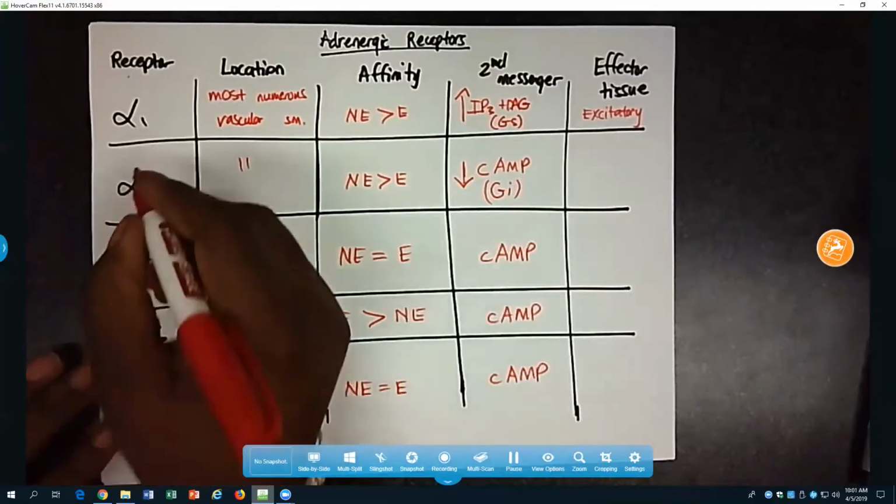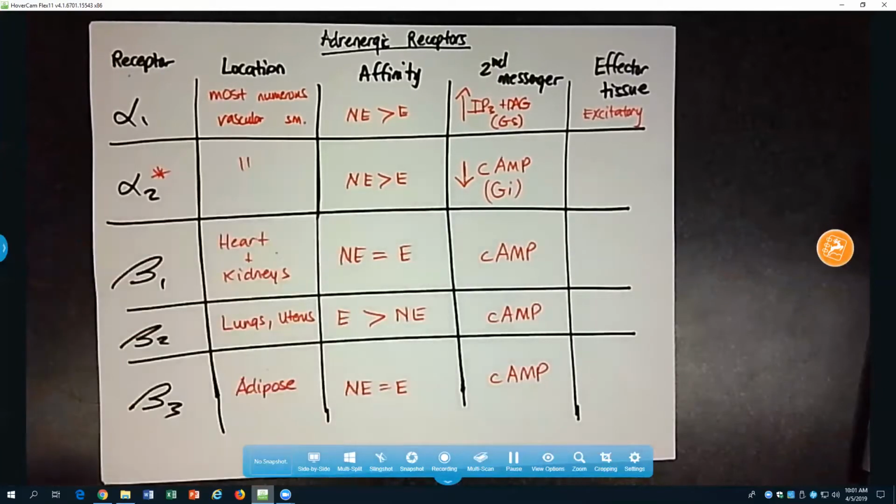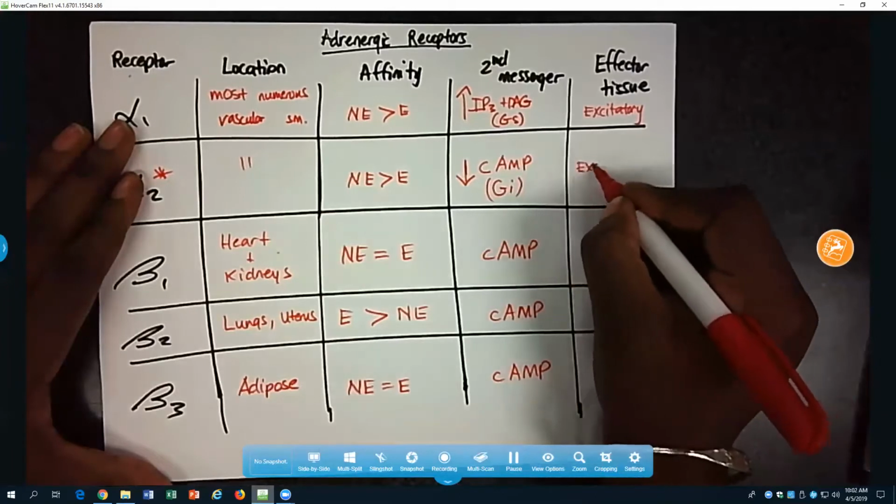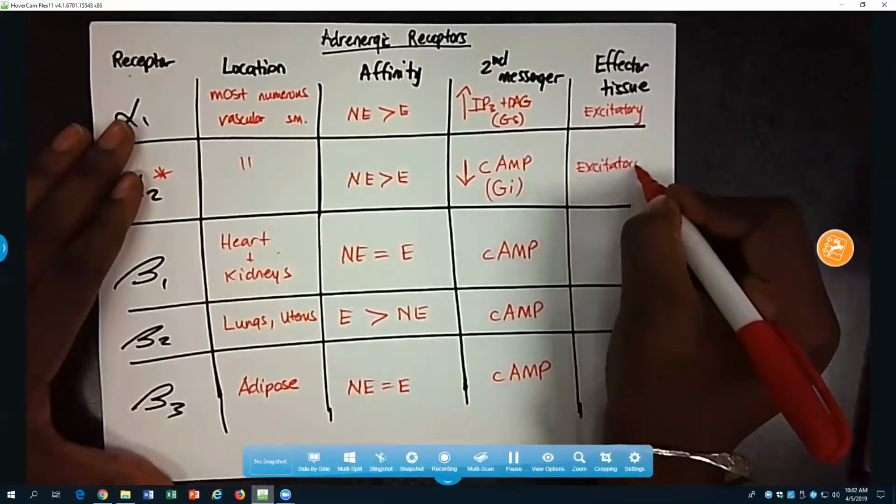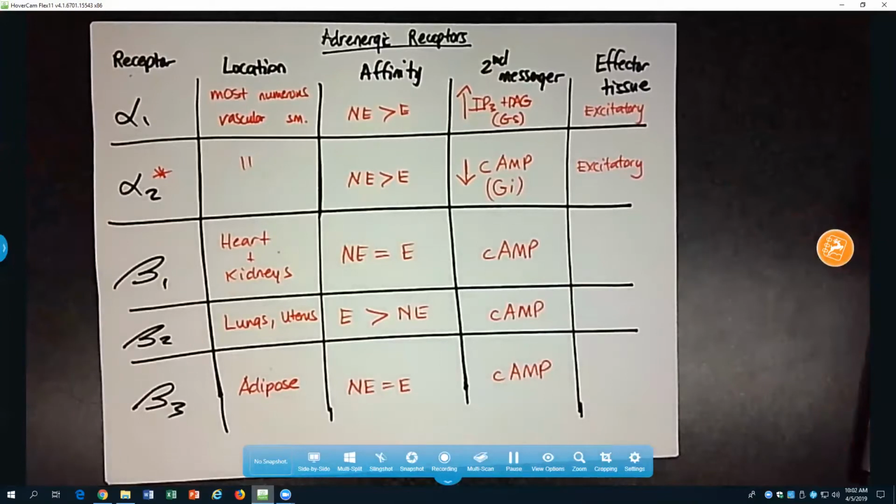Alpha-2 is like that exception to the rule, right? Decreasing its second messenger is excitatory to the tissue. When you think about a blood vessel, we're going to talk about smooth muscle in the next block, but the smooth muscle in that blood vessel has a natural tone. So naturally it wants to constrict, okay? And so inhibiting the second messenger on these vascular smooth muscles is going to open up the blood vessel, which